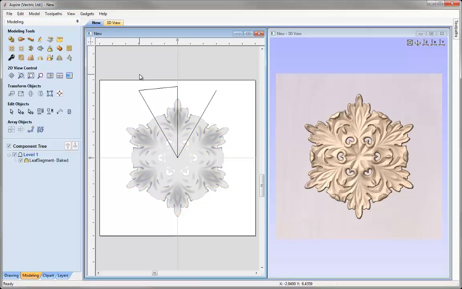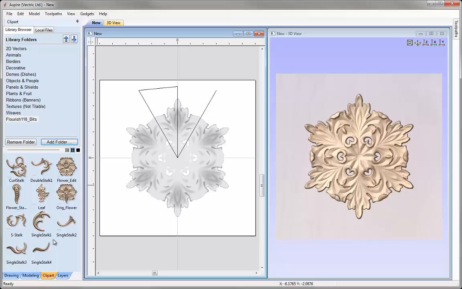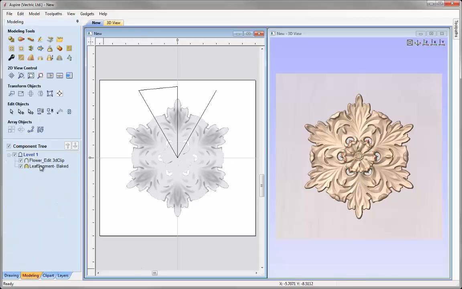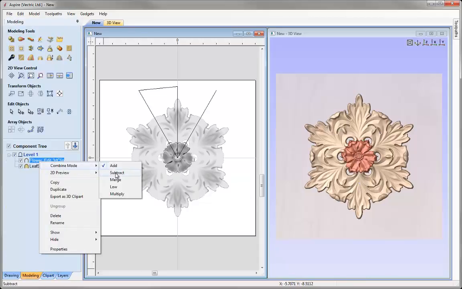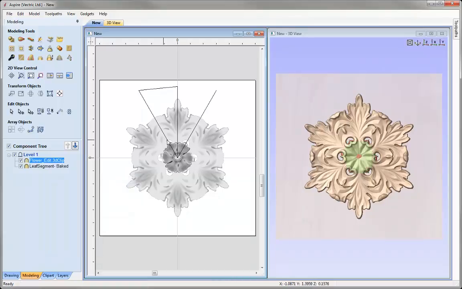So that part looks quite nice, but I think maybe the center needs finishing off, and there's a couple of ways we could approach that. One is to go and grab another piece of clip art, so maybe to double click the flower here and bring that in. Now we can see that is currently being added, so we'd want to set the combine mode to merge. Now we've lost it, it's too low within the part there,